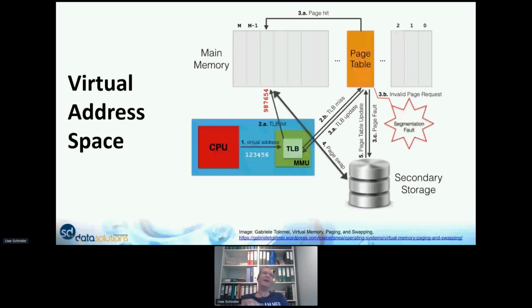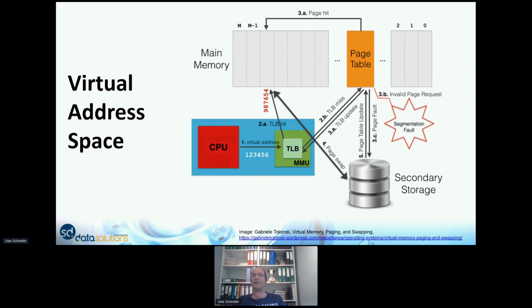So the processor says, I have no idea where that address is. I ask the operating system, so it hands over to the operating system. And the operating system has somewhere else in memory a huge table of all processes that are running in the Linux kernel. Then it can do a slow lookup in the table and say, okay, I know where that page is. So I have a page hit, and then it can go to the same page. As a side note, it would also silently update the translation look-aside buffer, so when the CPU accesses a similar address soon again, it would not go through the page table.